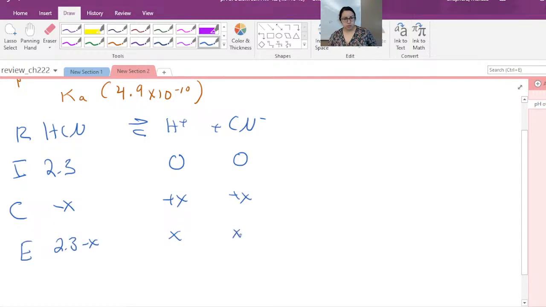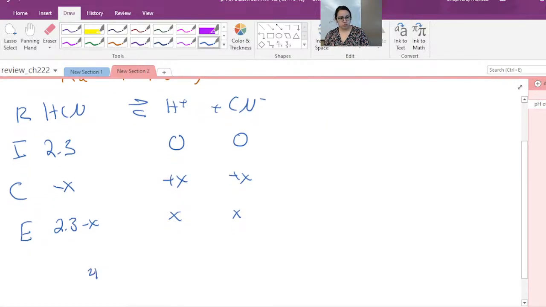And then the 4.9 times 10 to the negative 10. And then I have the x squared on top over 2.3 minus x. And then when I multiply that to the other side,